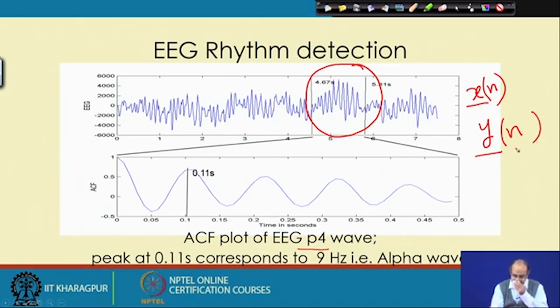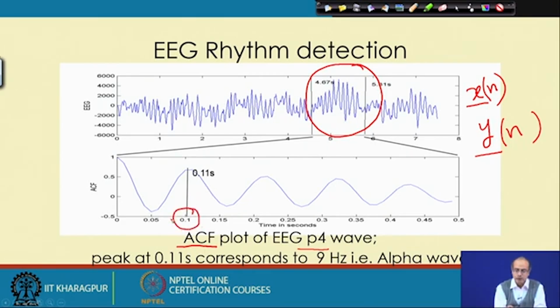Because it is taken from the same signal, we call it a special case, that is ACF. So, we compute the autocorrelation function, or ACF, and we get that the ACF has a number of peaks. The first peak that is occurring